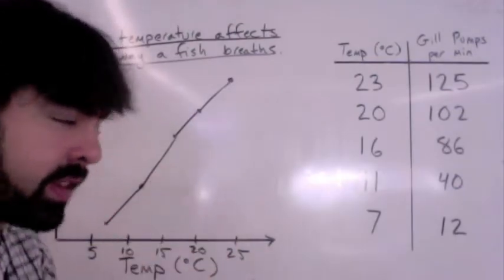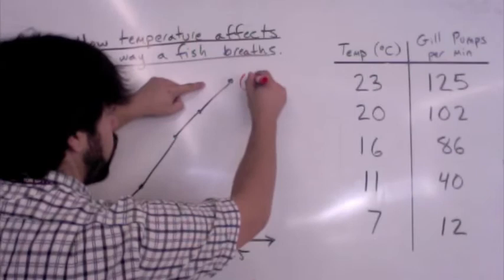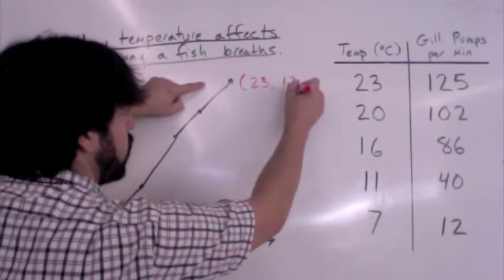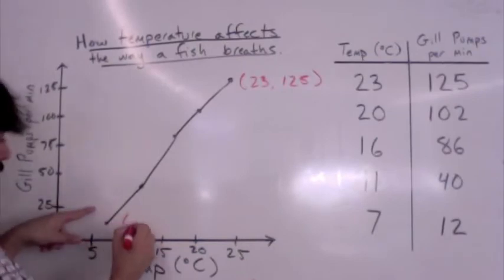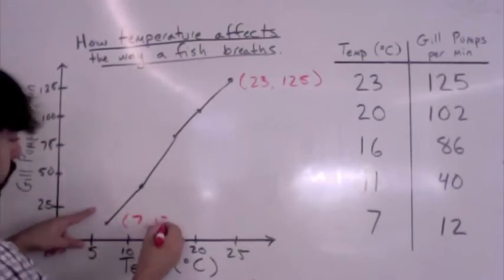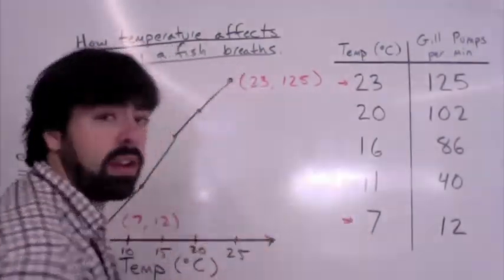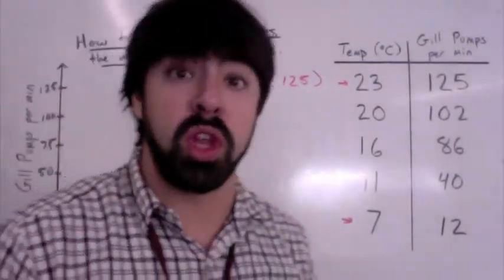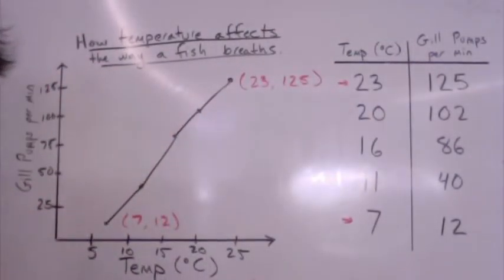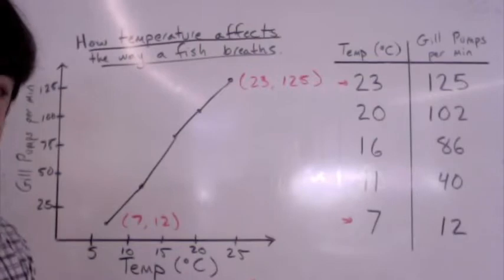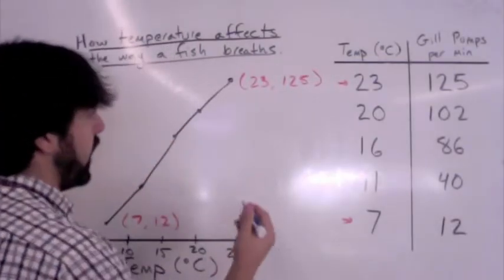Not exactly, basically. So this point right here, the coordinates are 23 over, 125 up. The coordinates down here are 7 over, 12 up, which are also right here and right here. So it is possible to do slope directly from the data table. And then rise over run would be, well, what's the change in the rise? So the change in the rise would be